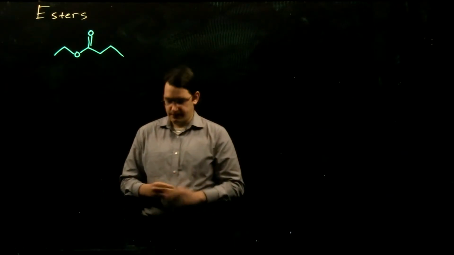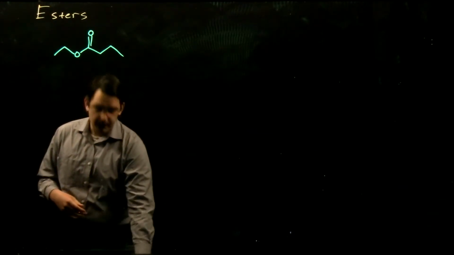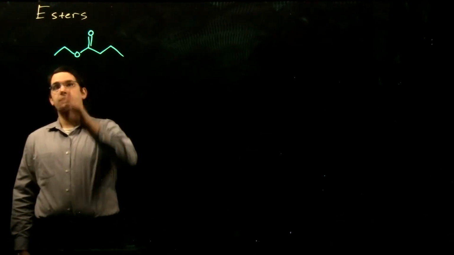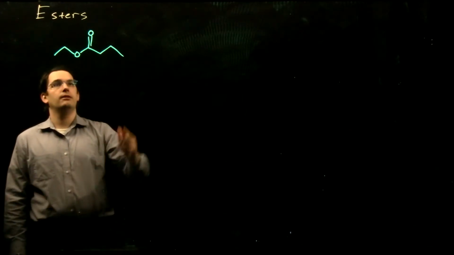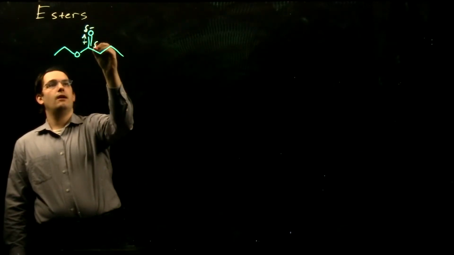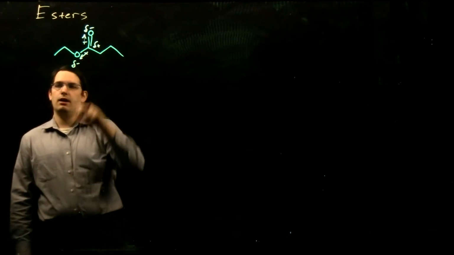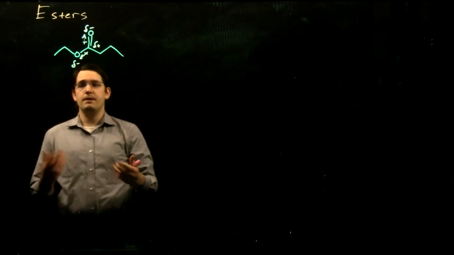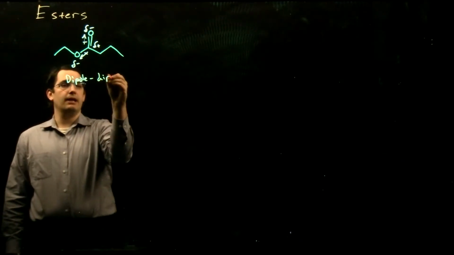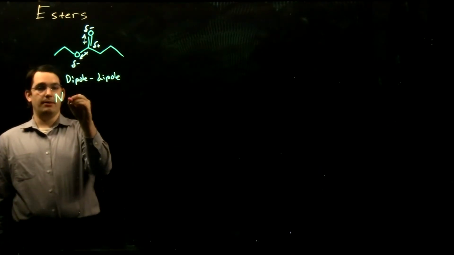Because of these different biological roles, it's very important for us to understand the properties of esters as well as their various reactions. Now, esters, of course, as we've seen, are one of our carboxylic acid derivatives, but they vary in their properties compared to carboxylic acids because of that additional carbon that's attached to our oxygen. Right? So we still have our dipoles from our carbons to our oxygens with our partial negative charge of our nucleophilic oxygens and our partial positive charge of our electrophilic carbon. So this means we will have dipole-dipole interactions, but we don't have the hydrogen bonding interactions that we have in our carboxylic acids. Right? So we have no hydrogen bond donors,